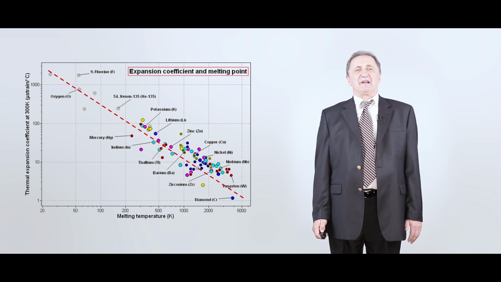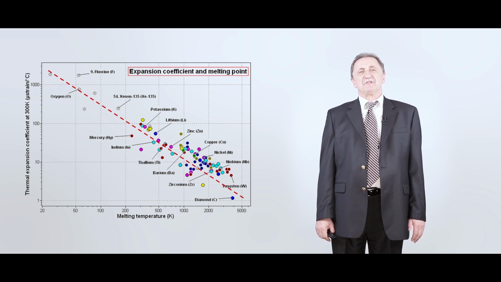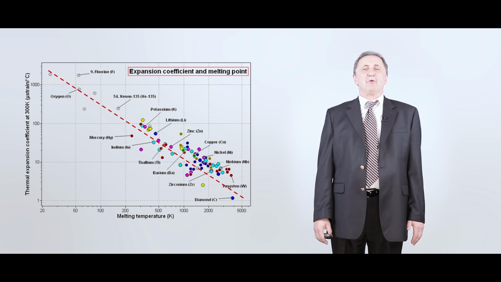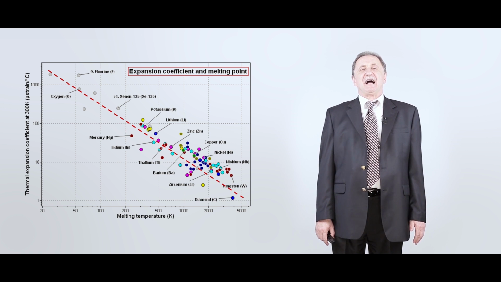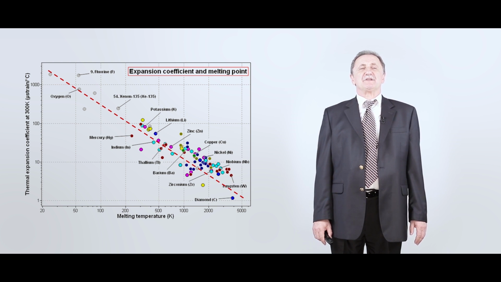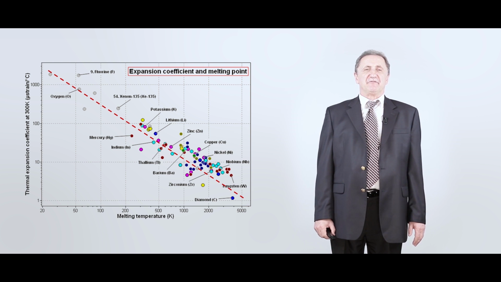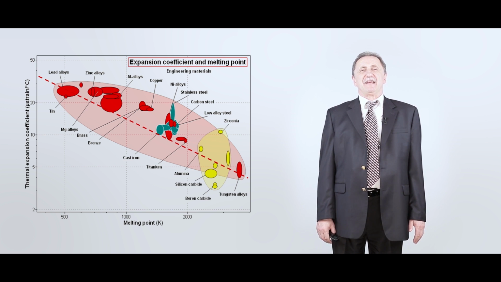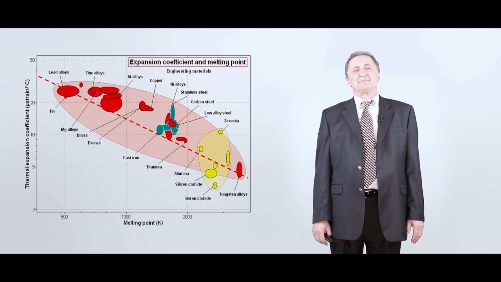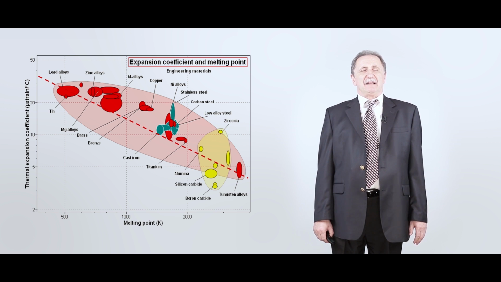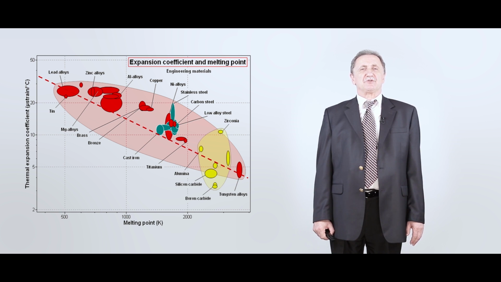And that relation is very nicely demonstrated for different types of elements, as a function of melting point. So now we have a vice versa relation. Materials with the highest melting point, with the highest bonding energy, have the lowest coefficient of thermal expansion, and vice versa. So again, this relation stands not only for the elements, but for almost all known up to date materials, and the same for metals, for ceramics, for polymers, and so on.